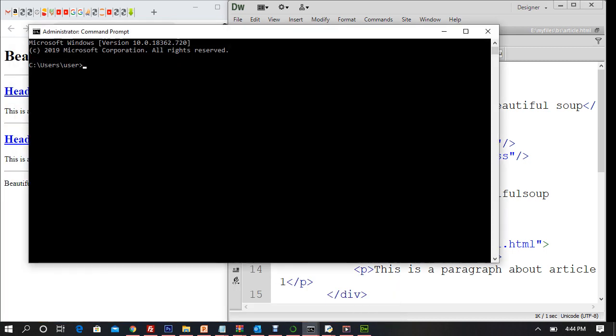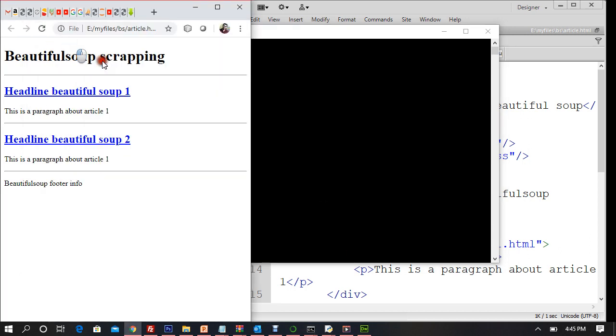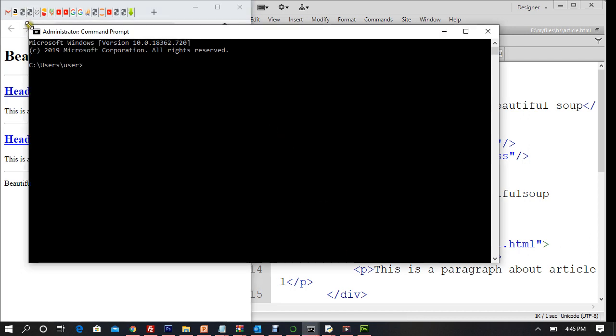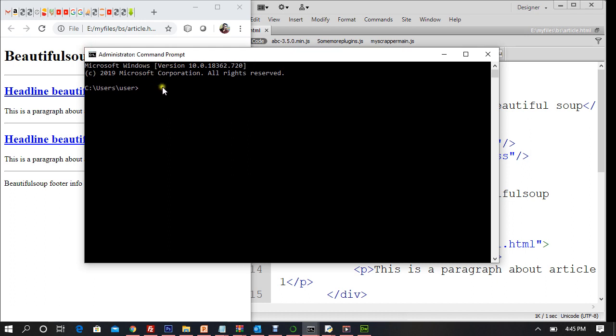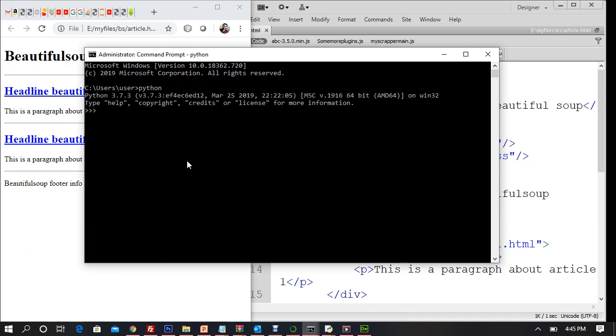Before starting with Beautiful Soup, I reckon you all have Python pre-installed and it is working. Now go directly to command prompt and type python, and if you get a response, that means Python is working. Now we have to run pip install commands, so we'll do it from command prompt. Just to exit the Python command prompt, you will type exit,